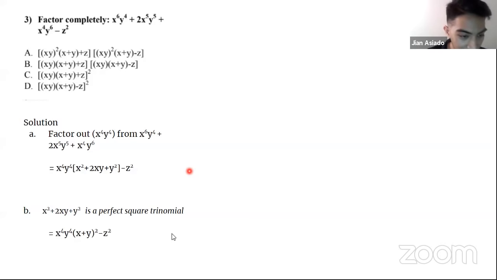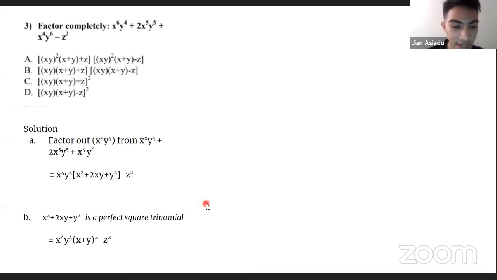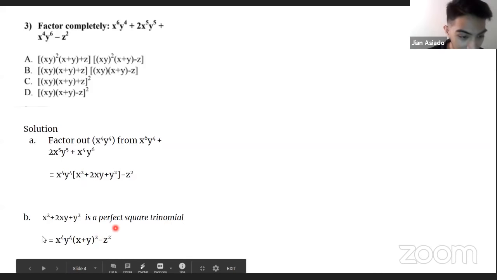And x squared minus 2xy plus y squared, perfect square trinomial siya, no? So, maganda sana kung pag-aaralan niyo yung mga perfect square trinomials. This is parang common patterns na rin in algebra, no? So, simplify itong expression na to into this. And then,